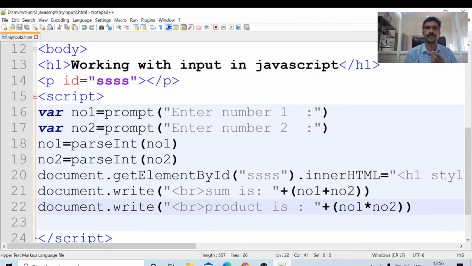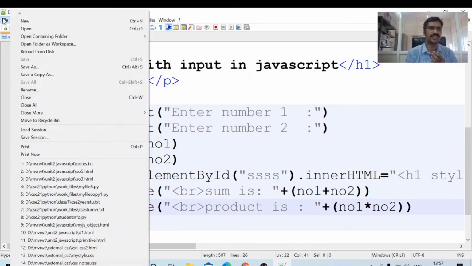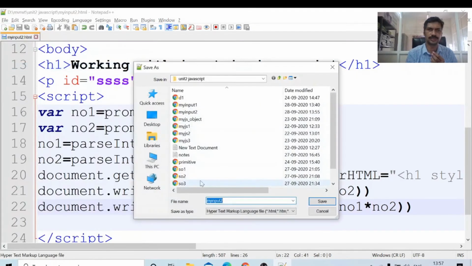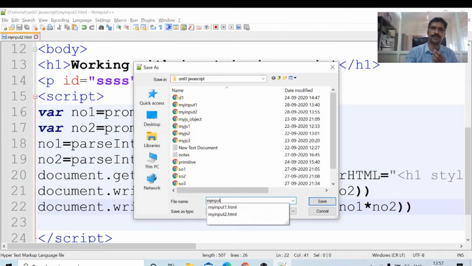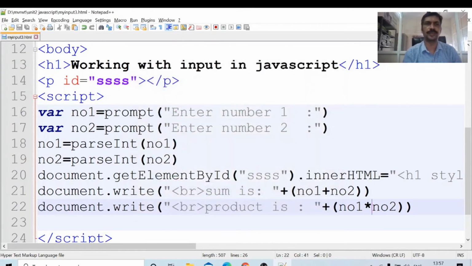I am just modifying this same code file here, not going to another. Save the file as my input 3 .html. No need to read two numbers, that's why I am deleting all these.